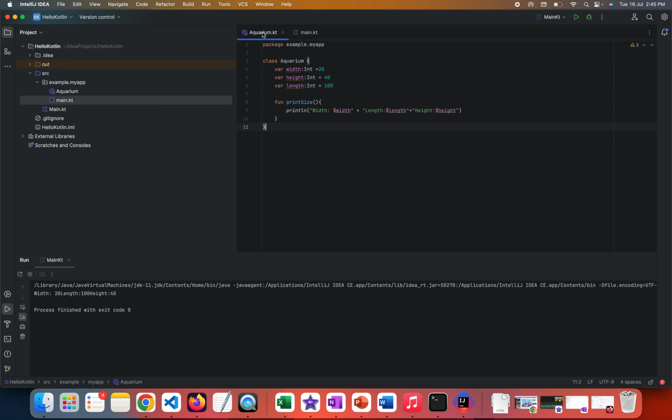Now let me create a class constructor for the existing class. In other programming languages like Java, we create the constructor with the same name as the class. But in Kotlin, in the class definition itself, we can create the constructor. So here I'm going to create the class constructor, and here I'm giving the parameters